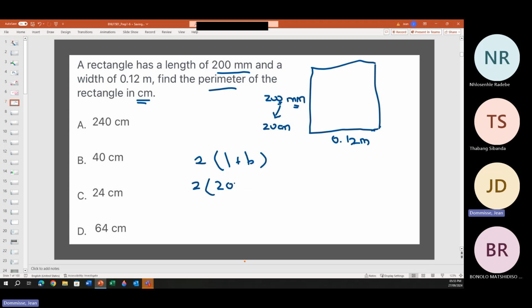And then we need to change the 0.12 meters to centimeters as well. So remember, 1 meter is 100 centimeters. So 0.12 meter